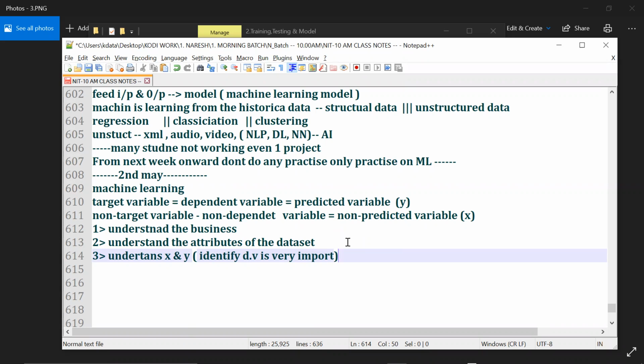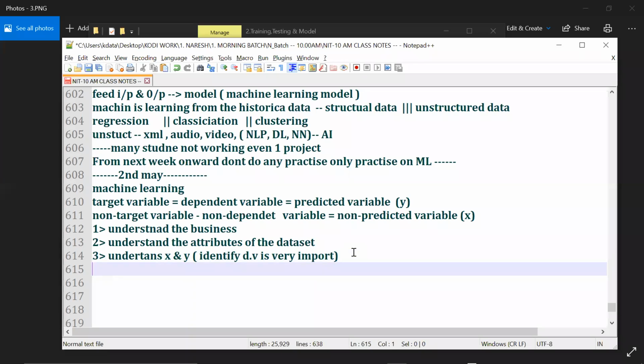Isn't it, guys? A team cannot win by the color of the t-shirts and shoe size. So those are irrelevant attributes. Always build the model with relevant attributes. I hope you understand. This is the third step.